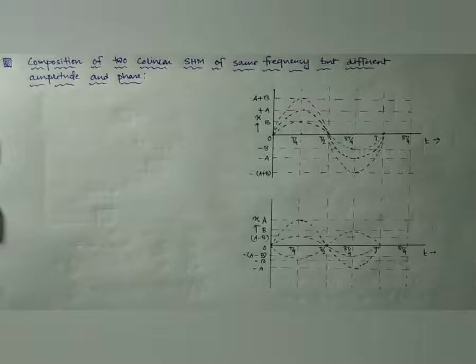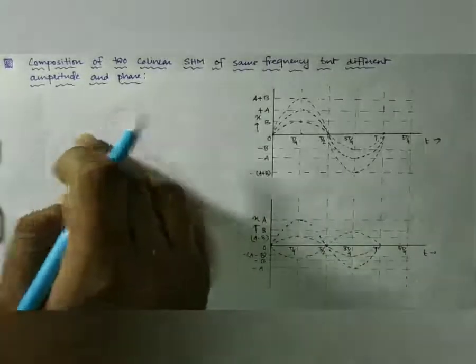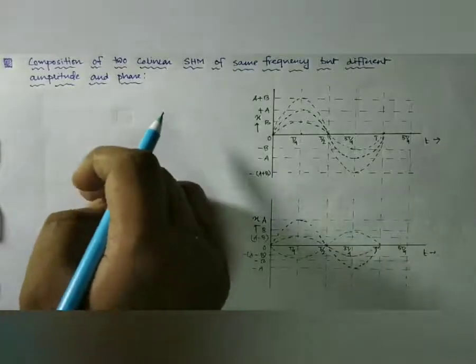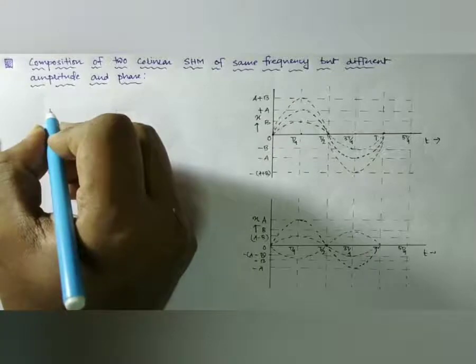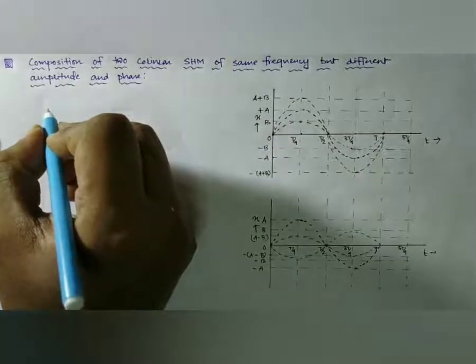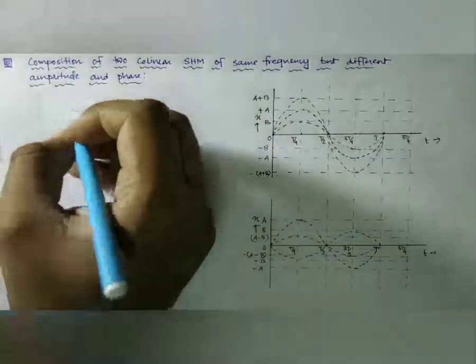Now we are discussing the composition of two collinear SHMs having the same frequency but different amplitude and phase. That means the two simple harmonic motions are traveling along the same direction. Suppose they have the same frequency and different amplitude. So we are assuming